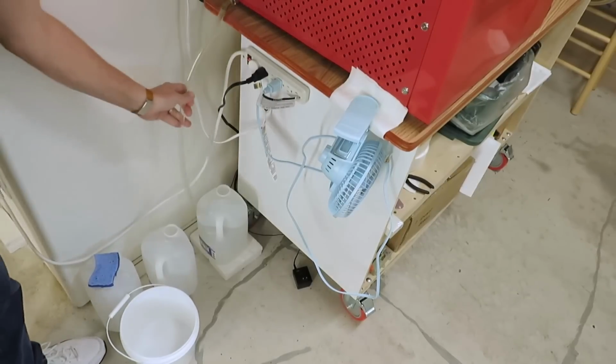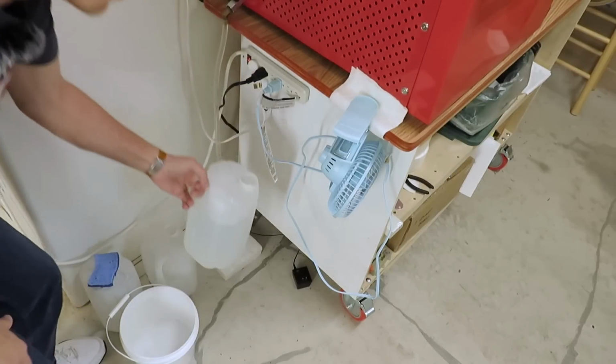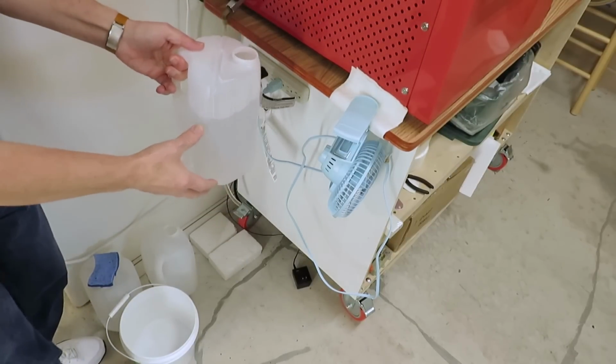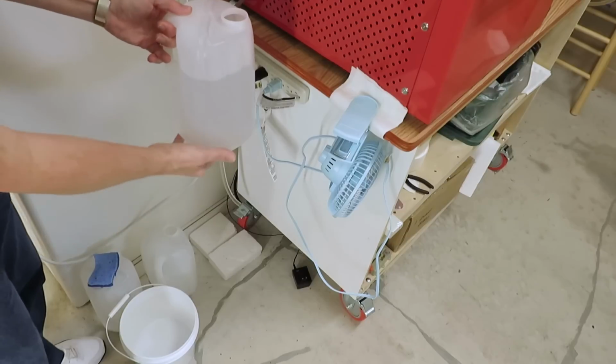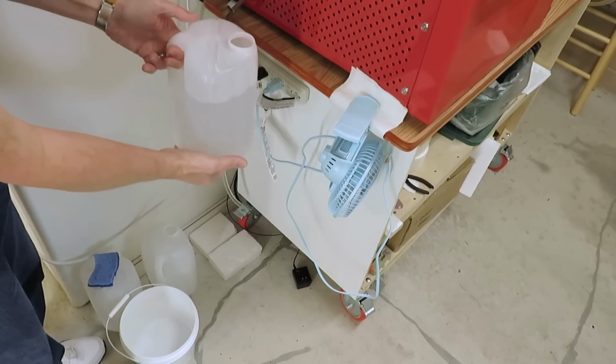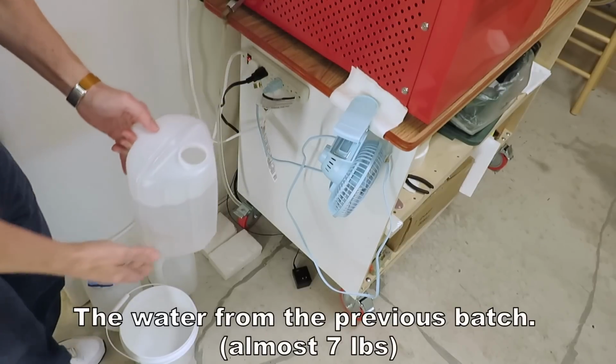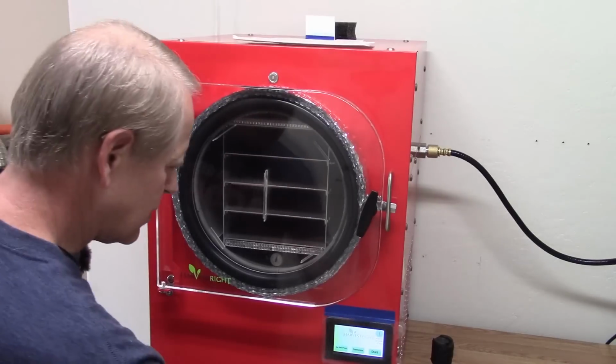Okay, so you can see a little bit more than 3/4 of a gallon of water out of that batch of chicken. So a little bit more than 6 pounds of water from 10 pounds of chicken. All right, so